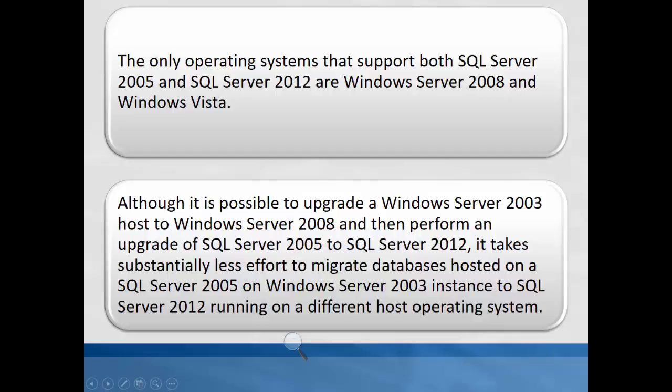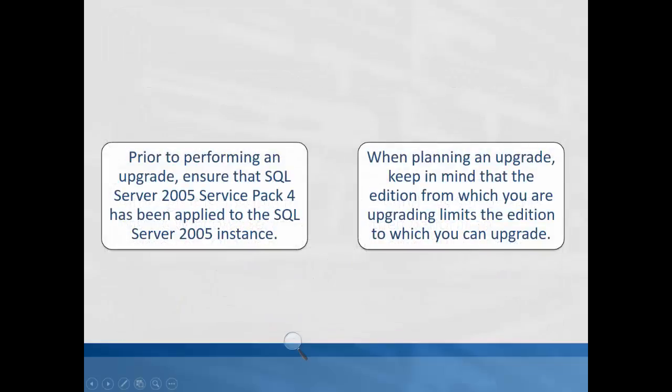So it takes substantially less effort to migrate databases hosted on SQL Server 2005 on Windows 2003 to SQL 2012. This means just upgrade the operating system and then upgrade the SQL Server. Everything is good as long as it is 64-bit, 32-bit is not there. So the operating system can be upgraded, SQL Server can be upgraded. Prior to performing an upgrade, ensure that SQL 2005 Service Pack 4 has been applied to the SQL Server 2005